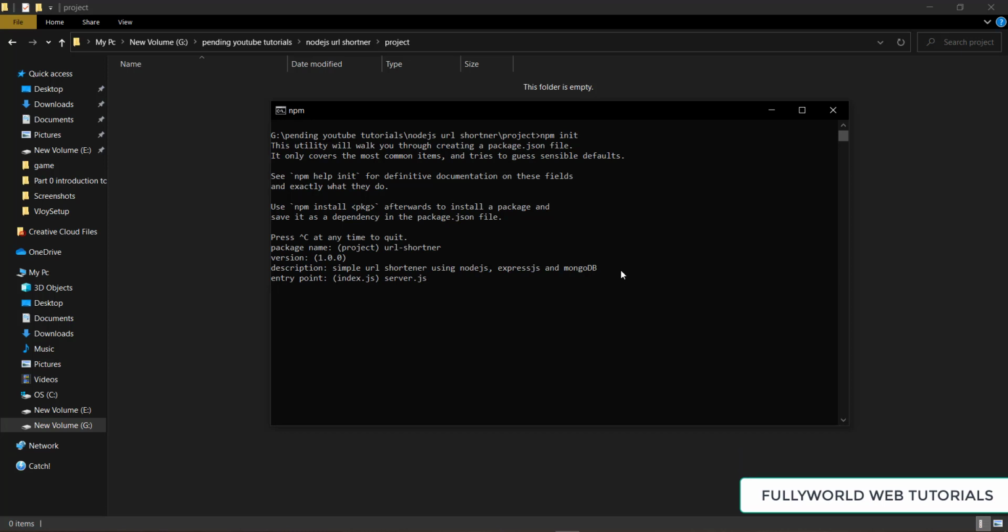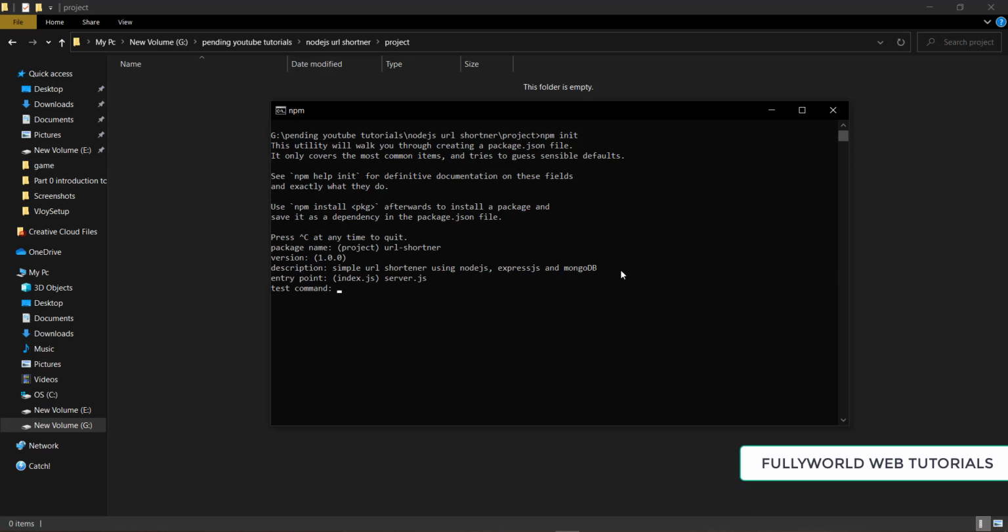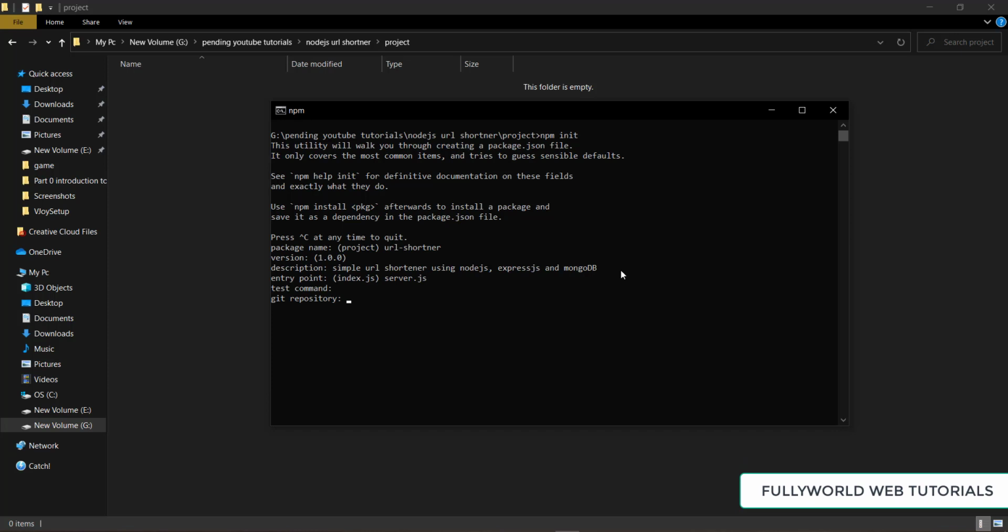The test command we don't need because we are not going to do any testing. You can add a git repository here also, but I don't want any git repository. Click enter.